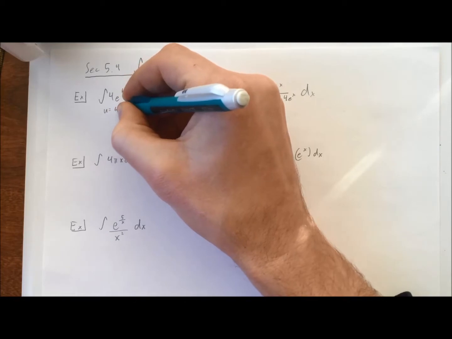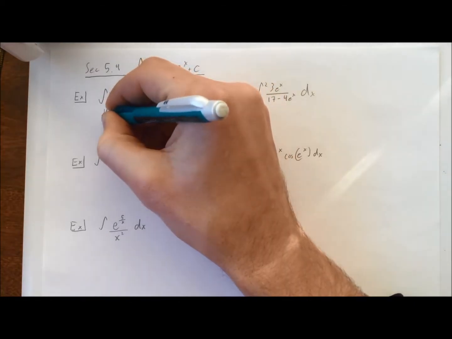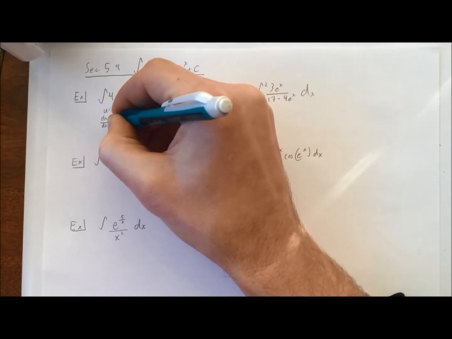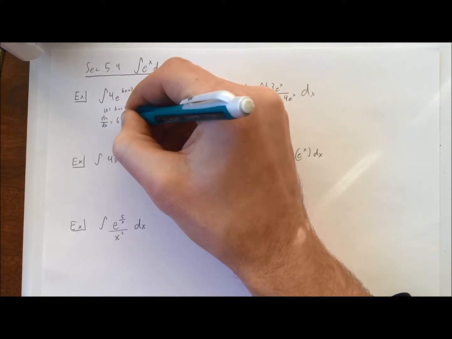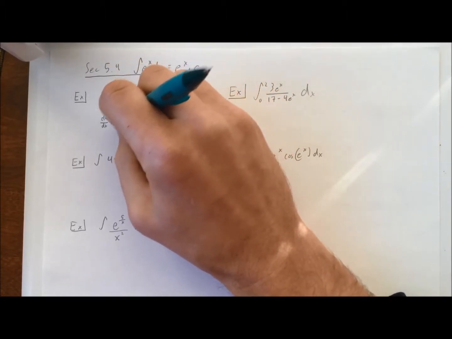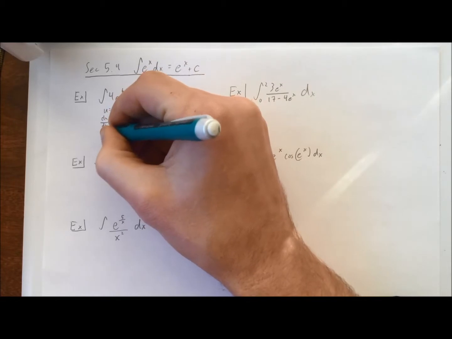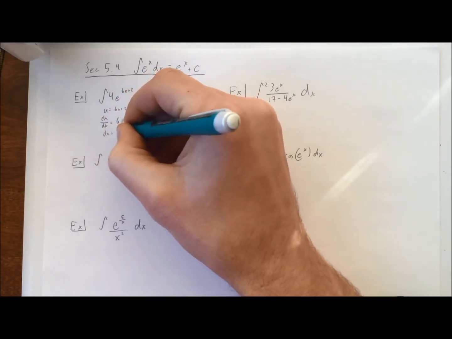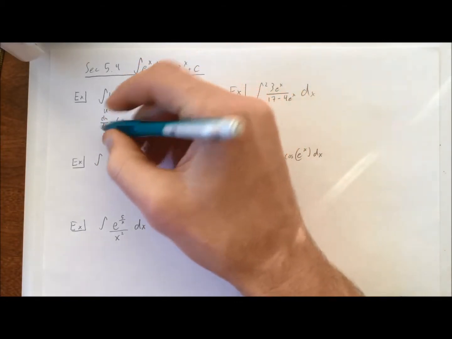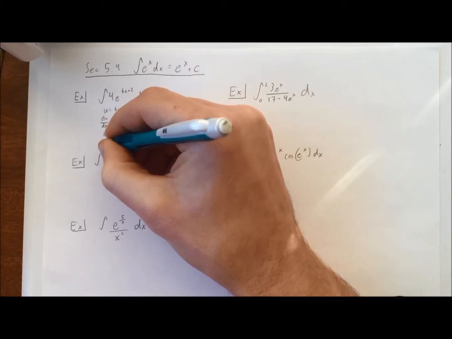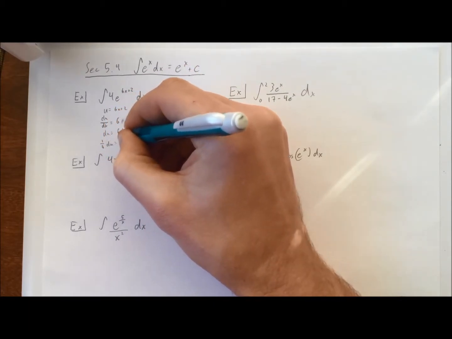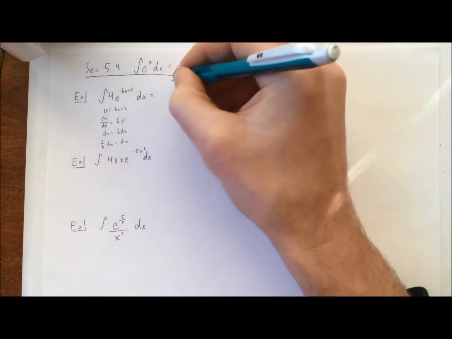U is going to be 6x plus 2. Du over dx is just going to be 6 right here. So du is going to be 6 dx. Now we don't have a 6 out in front here. That's fine though. So we're going to say 1/6 du is equal to dx. So this is going to become